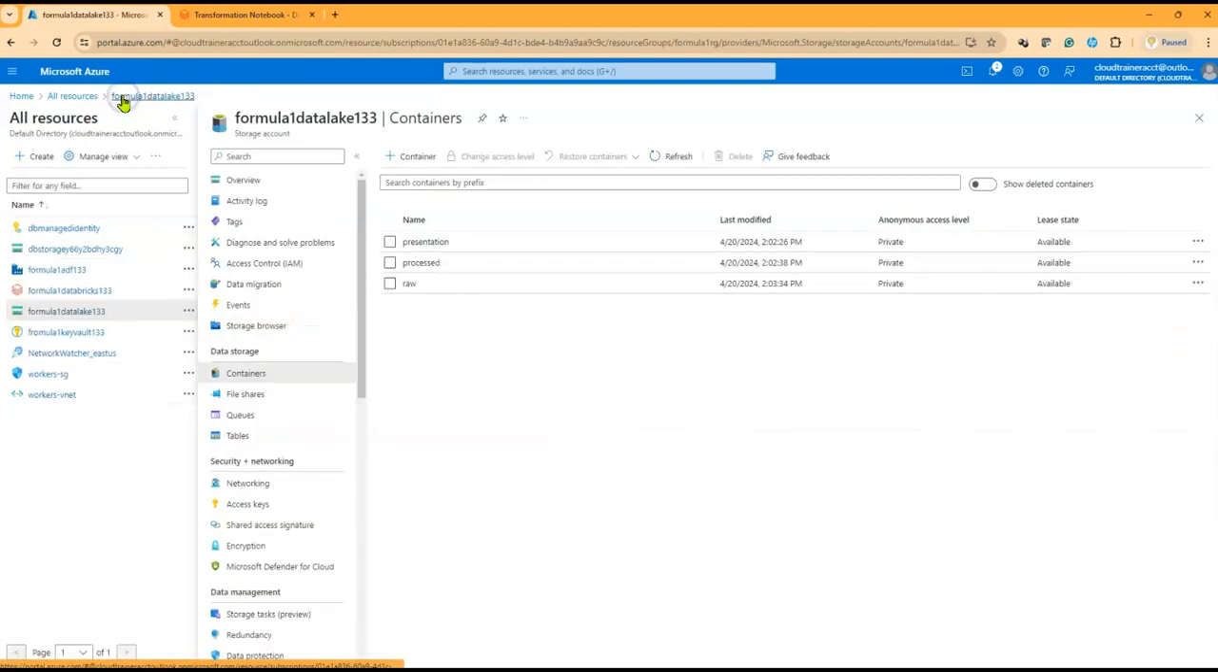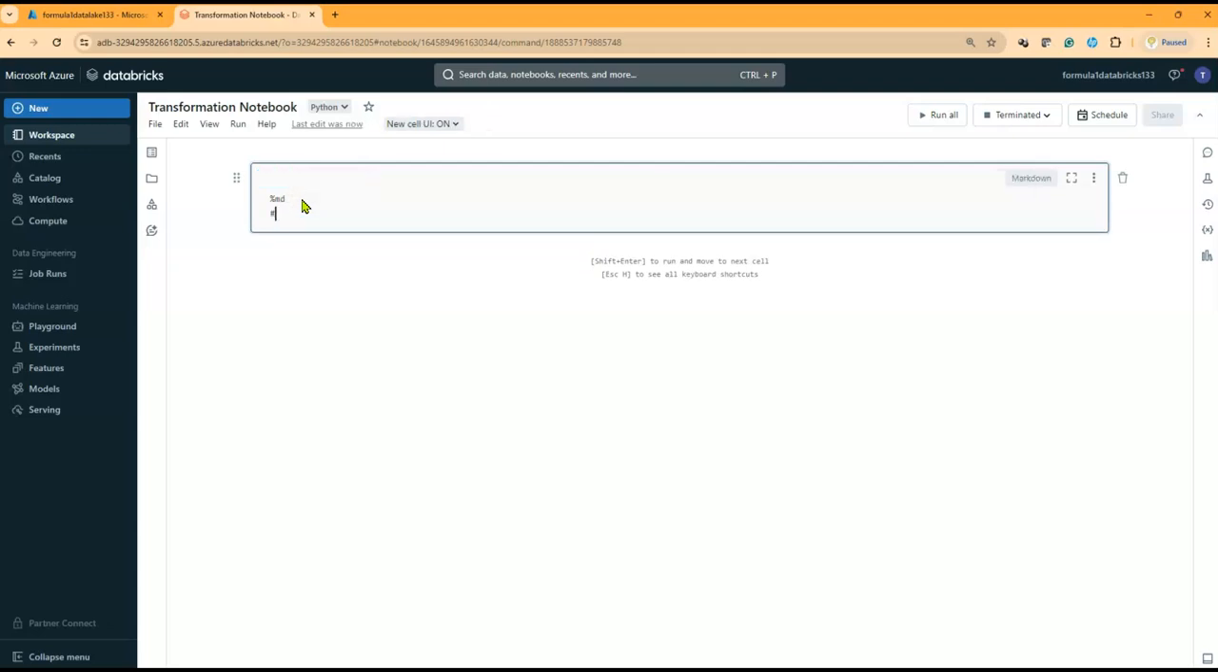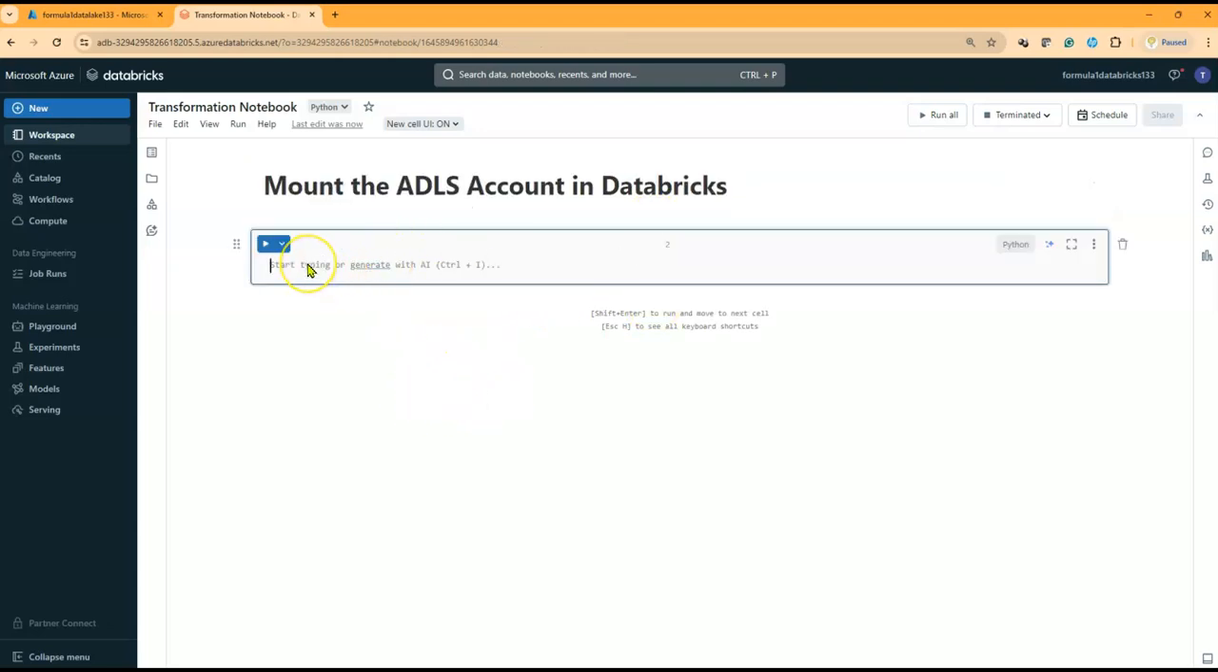So now at this point, let's head back to this location, and then we'll go back to our transformation page. And here, the first task I'm going to perform is to mount the ADLS account in Databricks. So at this point, we'll go back to my code area, and